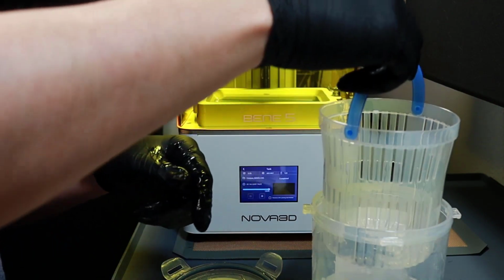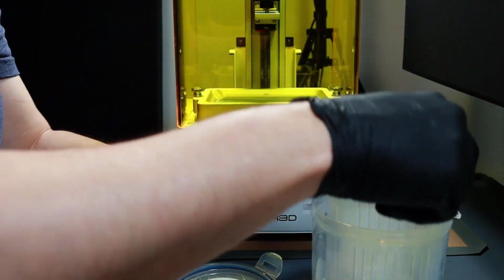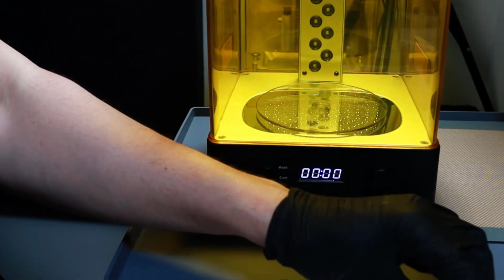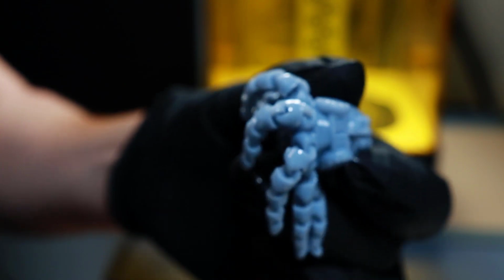And we got the little handle lift out. Go ahead and pop him out. I'm gonna let him dry on a paper towel. All right, and I'm gonna go ahead and cure this guy. And you can see he's got these little hinges on here. So he's got these little floppy legs. So let's go ahead and